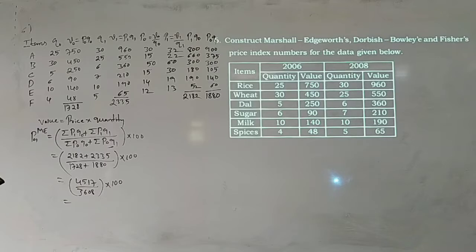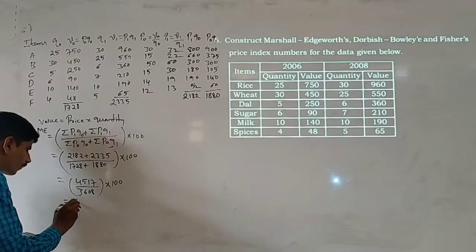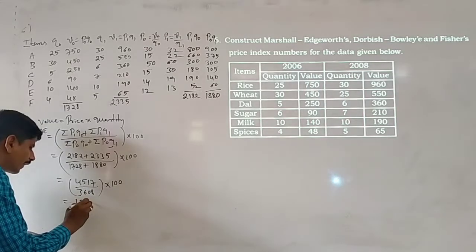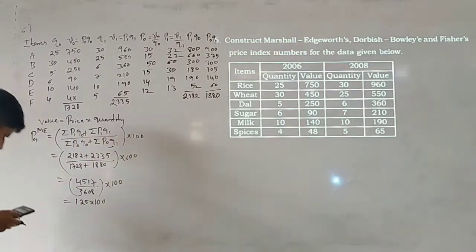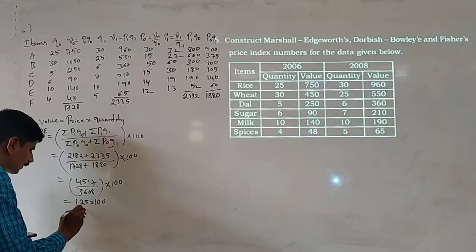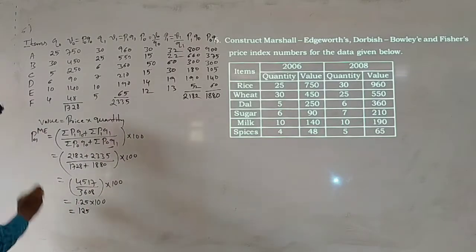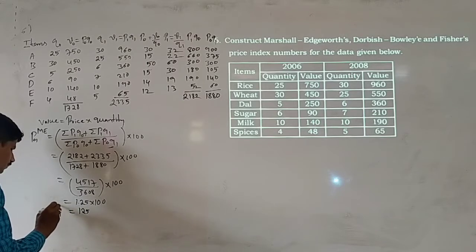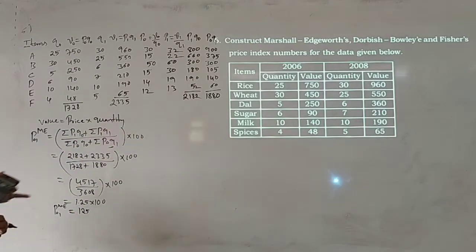4517 divided by 3608 is 1.25, into 100, then you get 125.1, exactly 125. It is P01 M. The Marshall-Edgeworth index number is 125. Okay, next we have to find